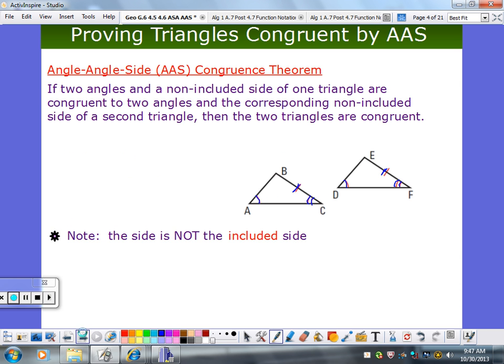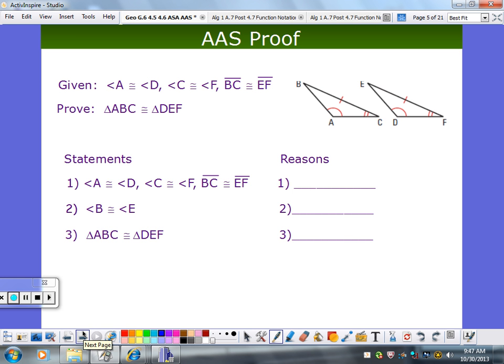All right, so an example here. Oh, we've got a whole proof. Let's see what's going on here. Angle A congruent to angle D, angle C congruent to angle F, and we've got BC and EF. So my triangles are marked here. So these are my givens. Angle B is congruent to angle E. Why is that? How come? You have two angles and